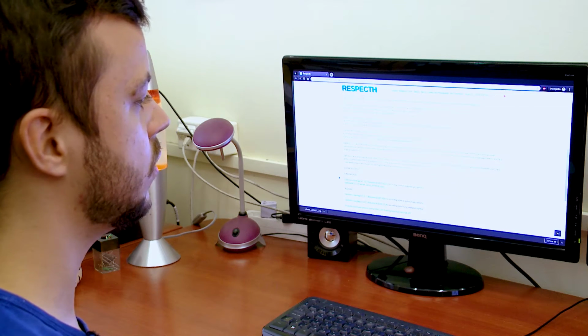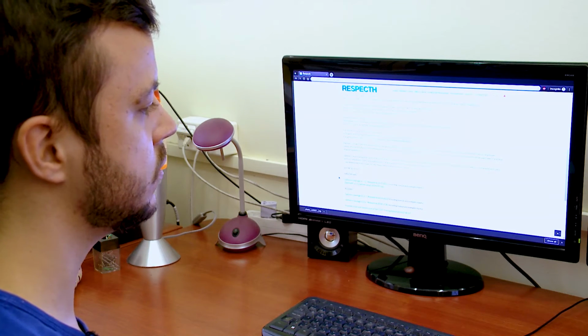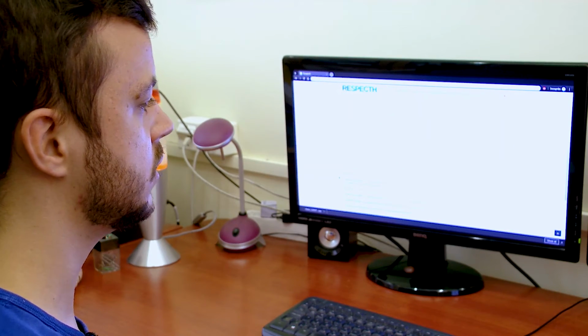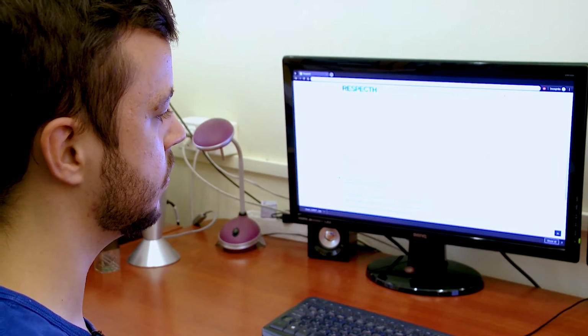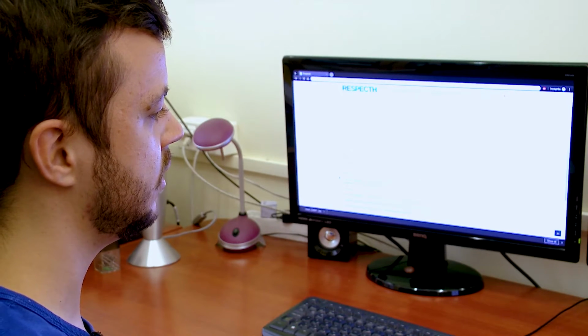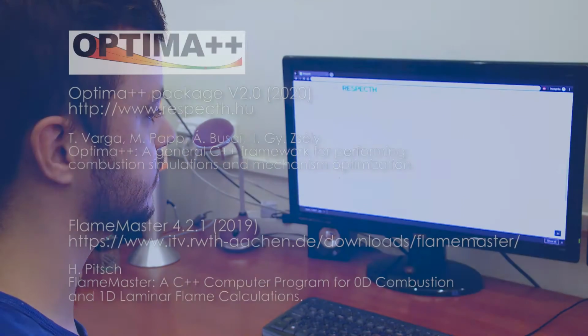I now have the necessary XML experimental data file and the methanol combustion mechanism. On this computer, Optima++ has been installed. Optima++ is a framework program. This means that it organizes the input and output files and controls the parallel running of the simulation codes on a computer cluster. Optima++ doesn't include a simulation code, and it uses external simulation codes. Currently, Optima++ may use the simulation codes FlameMaster and OpenSmoke++. These are freely available codes that can be downloaded from the websites of Aachen University and the Politecnico di Milano, respectively.